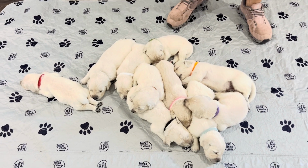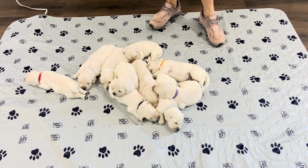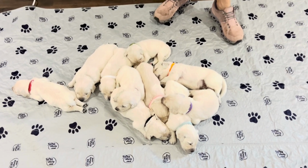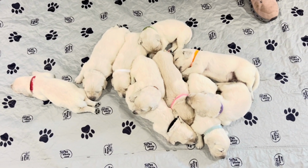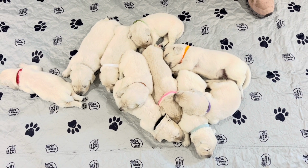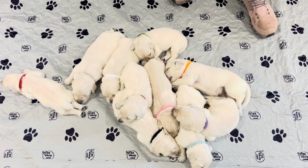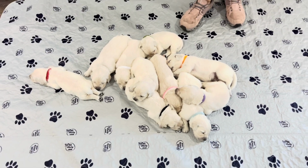All right, for our boys, I guess that you guys can probably tell by looking at this picture who the chunky puppy is. Any guesses? I'll let everybody guess if you're watching with your family. Let's see who gets it right. Who's our chunky puppy? All right. So the winner for the chunk is